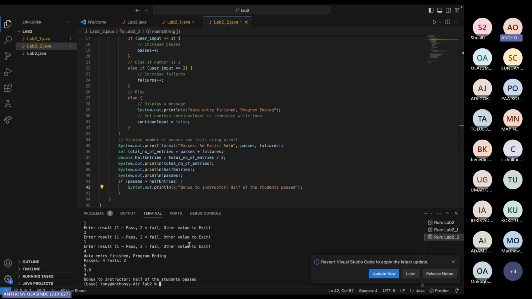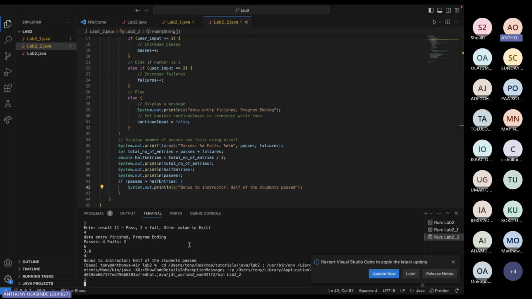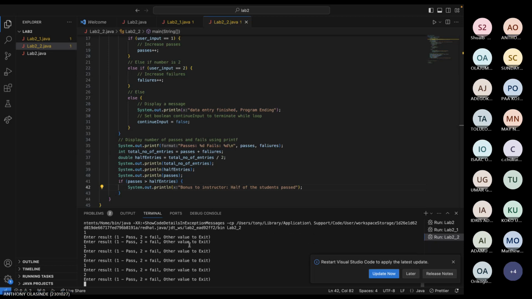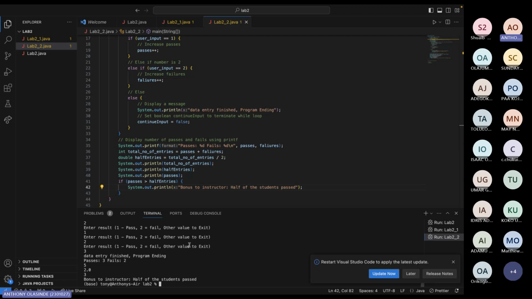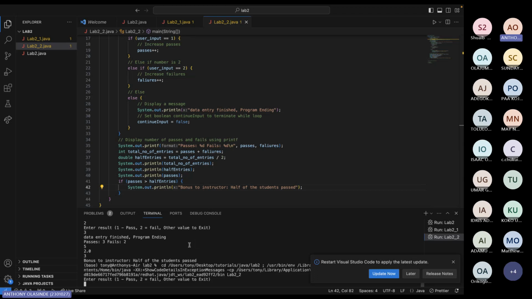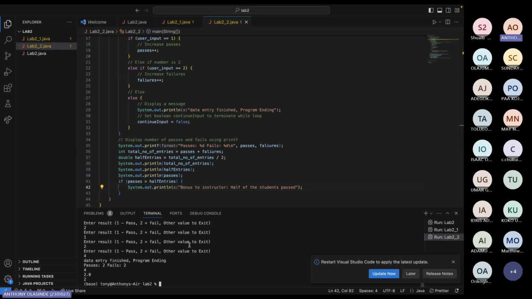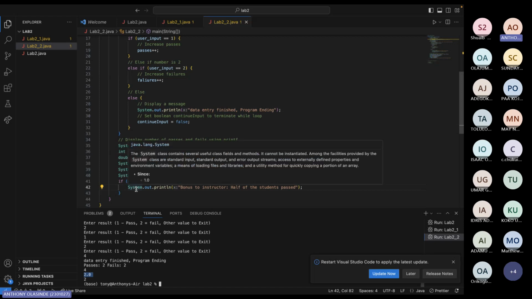So that's fine. Let's do one tricky one. 1, 2, 1, 2. Now what happens here? I made a mistake. Run that again. 1, 2, 1, 2, 4. What happened? Passes is 2, fail is 2. Total number of entries 4. Average is 2. Passes is 2. 2 is not greater than 2. Had it been greater than or equal to, it could have been fine, but 2 is not greater than 2, so we can't